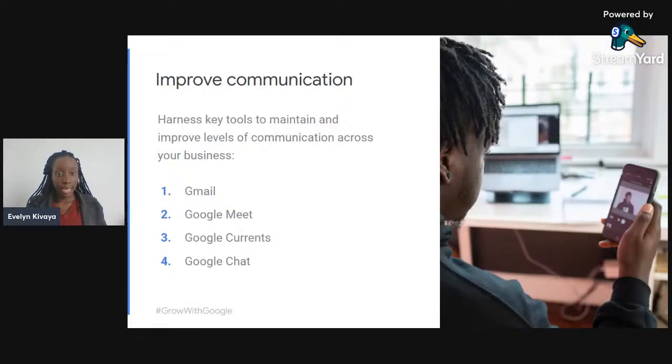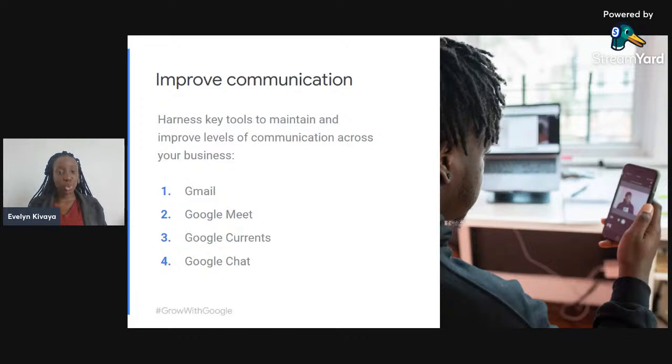Another advantage is that Google Workspace can be used to improve communication in that it has a number of communication tools included in its offerings. The core communication tools offered by Google Workspace include Gmail, for example, which I just showed you while I was beginning the presentation. Gmail is Google's email tool, and we also have Google Meet. I'm sure most of you are really familiar with Google Meet because you've held different video conferences, and it is also a tool that we use to train you with.